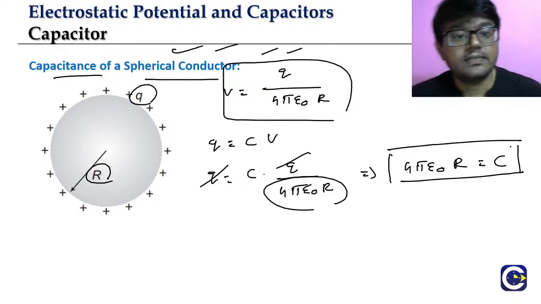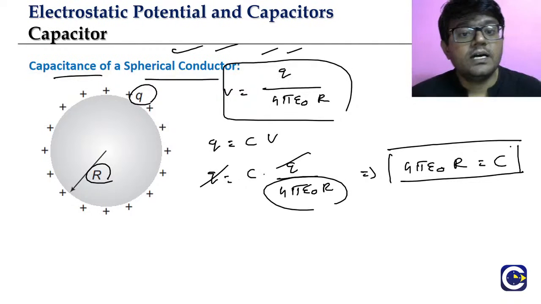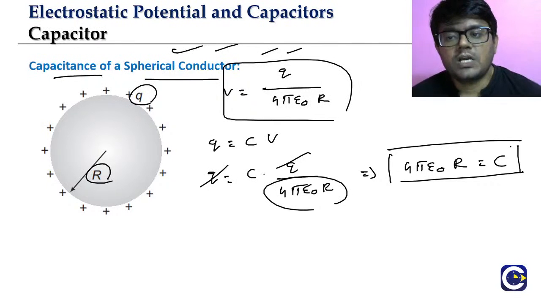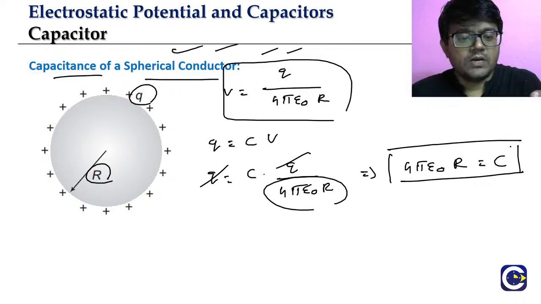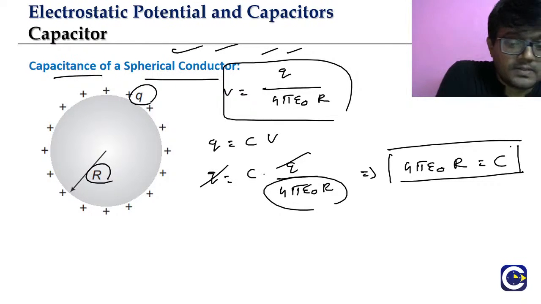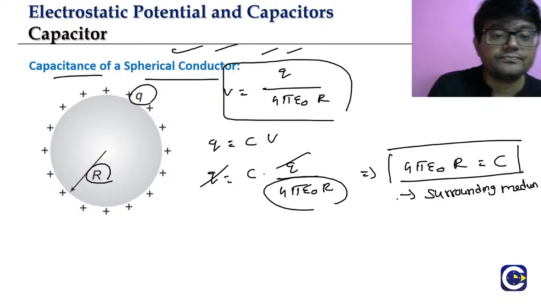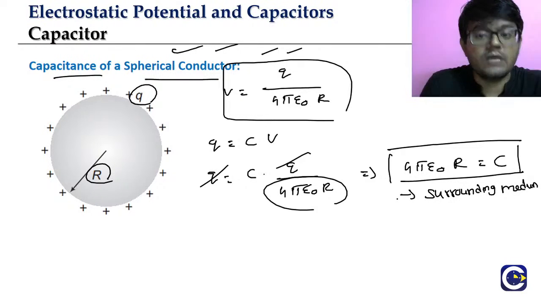So it's a standard result. Another, the capacitance value of a spherical conductor, its value is 4 pi epsilon naught into r. So what does it depend upon? This value depends upon the surrounding medium. What is the medium around the spherical conductor? Because we are considering this to be air,